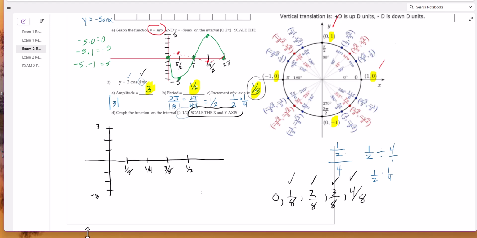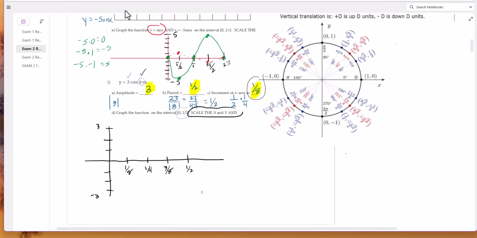Okay, now let me show you kind of how we do the next part. And I'm going to just refer to the unit circle up here as I do this, because we have a cosine, but it's good to get this memorized. So if we're doing a cosine, you're looking at the x value now. Okay, so I'm just going to highlight those x values, 1, 0, -1, 0. It's going to do that over and over again in a cycle. So now what happens is, at 0 radians, we know the cosine's 1, so I'm going to put a dot